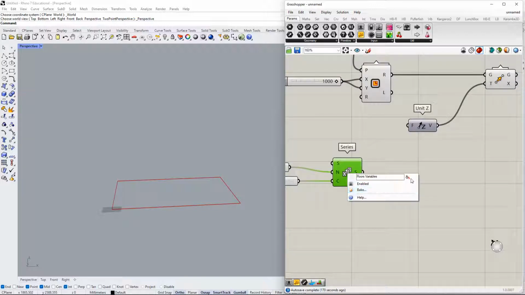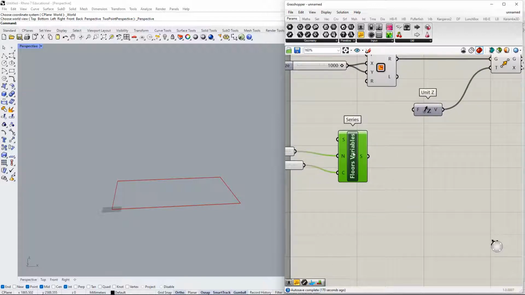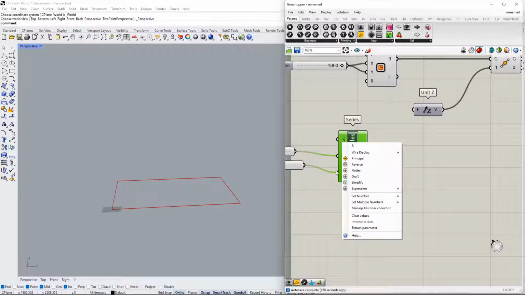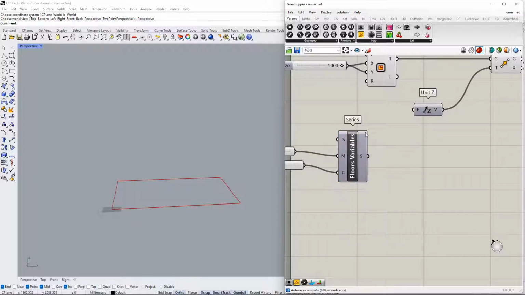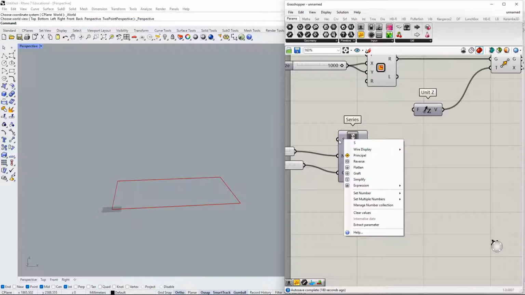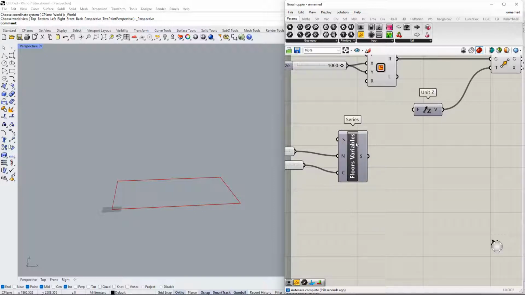Actually, you can also switch individual components if you want to have the name all the time. Just go here when you right click right in the middle. If you right click on the letters, that is the input, it's going to give you different information that is only for that input. So something to keep in mind. You have to go right in the middle, and it's going to give you the option to switch it off and change the name. So again, I'm just going to show the icon,